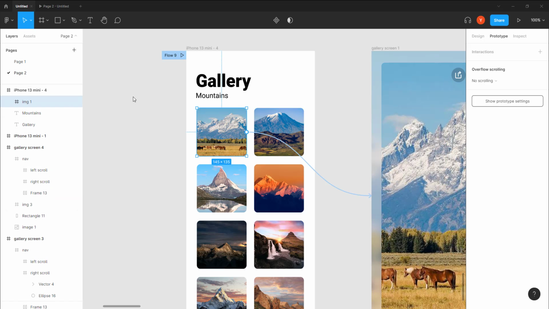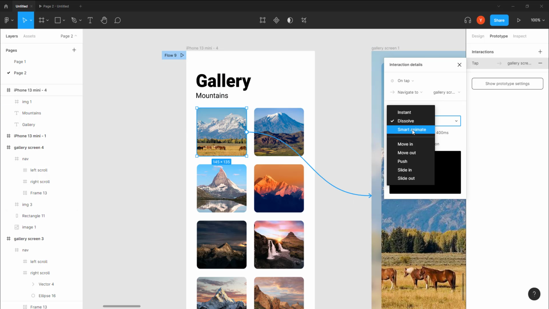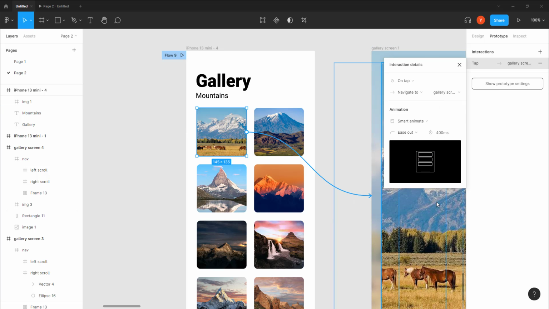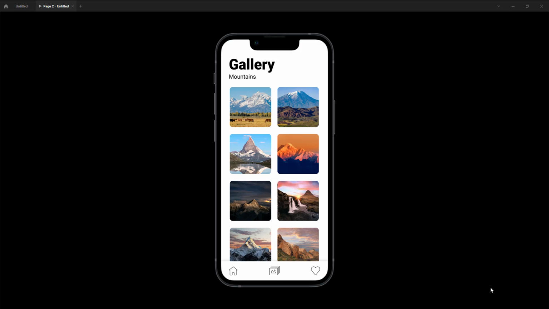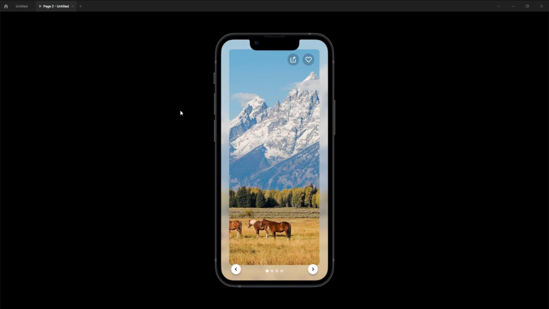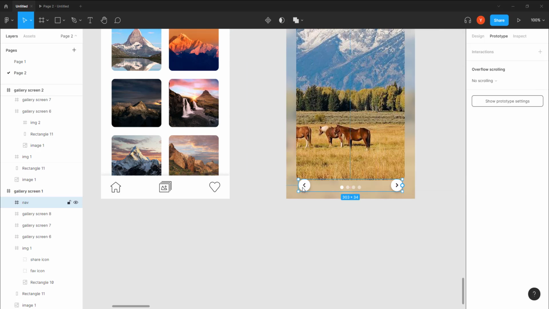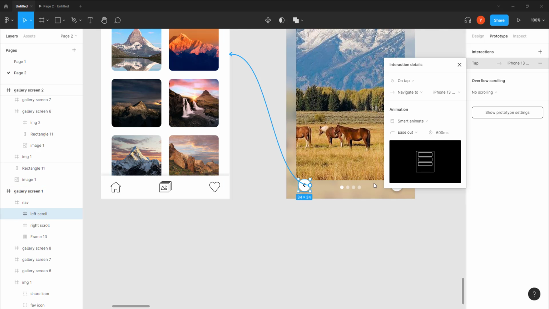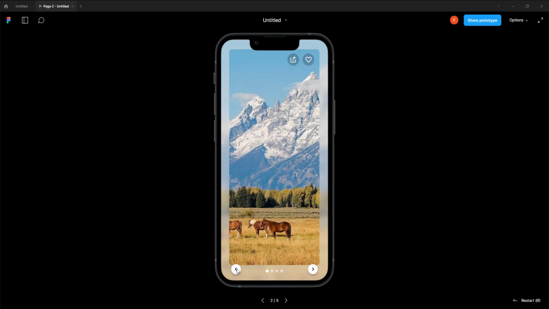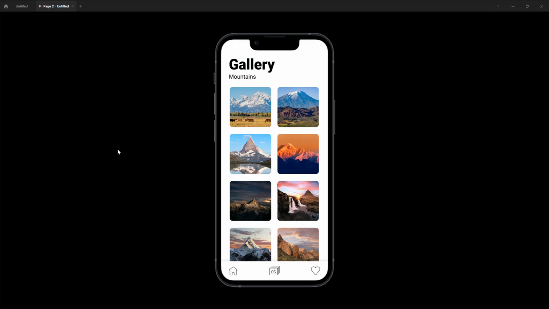So now you will see that I'll move it to Smart Animate, and now you will see that when I hit this image, you see it kind of grows into the page. It grows, it's not exactly accurate, because if you will notice, you know what, let's do the back button actually to bring it back here, which will kind of make sense. Okay, so you see, it's slow and it's okay,